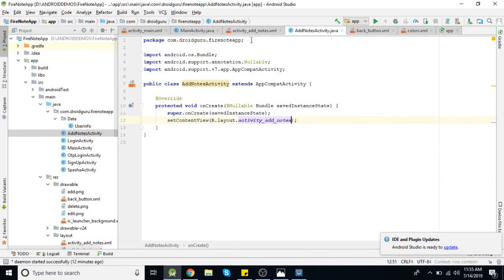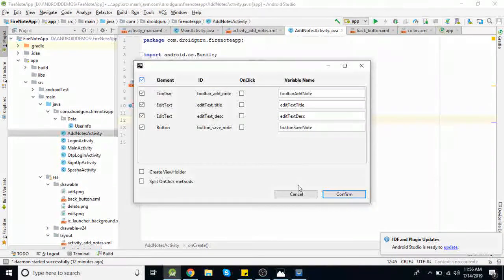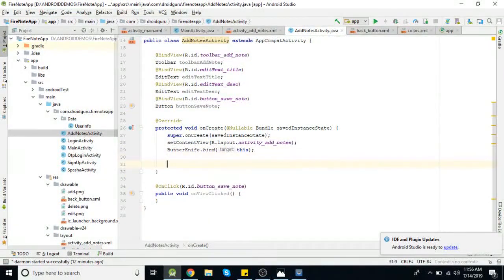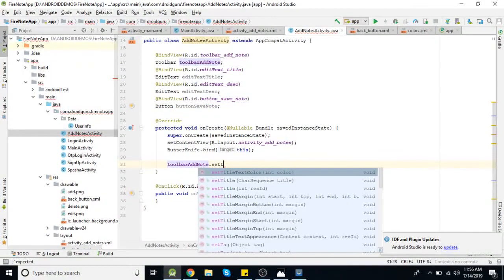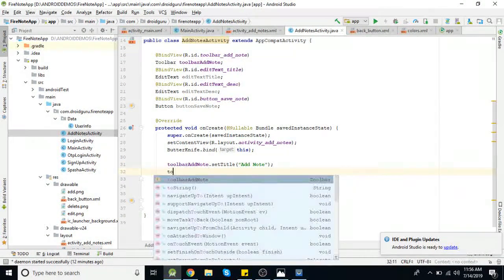Okay. Here also we need to create objects. This click listener for button. Now let's add title for the toolbar. And title color will be white.